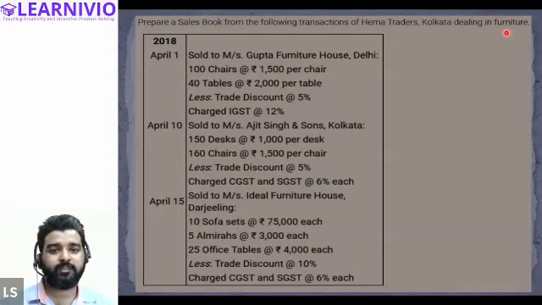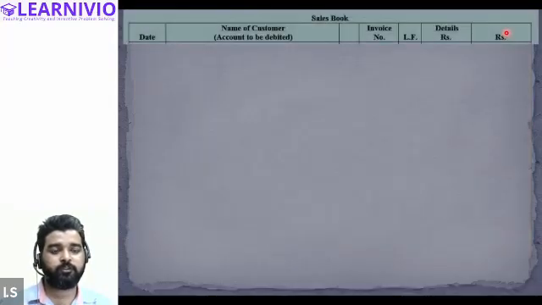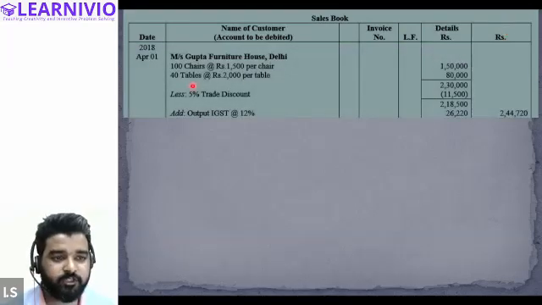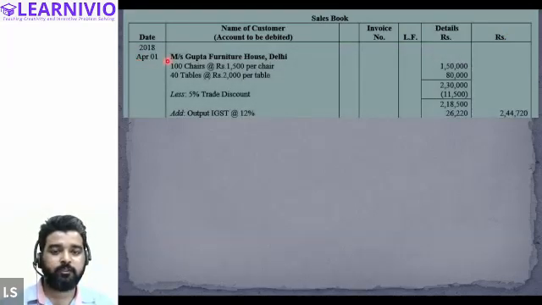See, first of all, what is happening on April 1st? We are selling to Gupta Furniture House, 100 chairs at the rate of 1500 per chair and 40 tables at 2000 per table. So we can record this transaction like this. On April 1st, Messrs. Gupta Furniture House, Delhi, 100 chairs at 1500 each, this will be 1,50,000, and 40 tables at 2000 per table, so we will get 80,000.